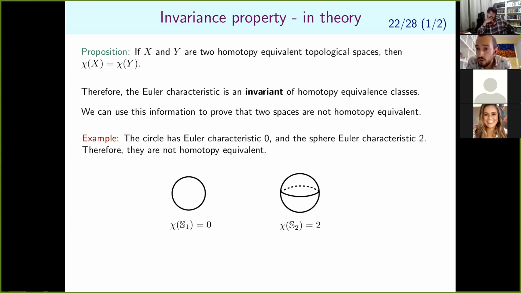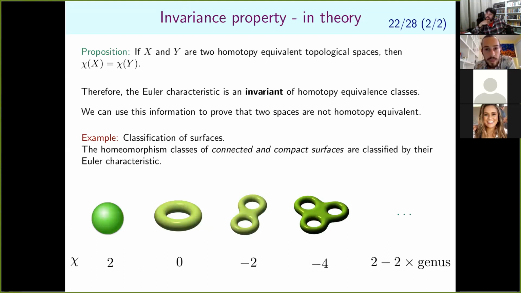So as for connected components, we can use this information to prove that two topological spaces are not homotopy equivalent. For instance, the circle has Euler characteristic 0, the sphere Euler characteristic 2, so they are not homotopy equivalent. Another very important implication of that is the classification of surfaces. So you may know that